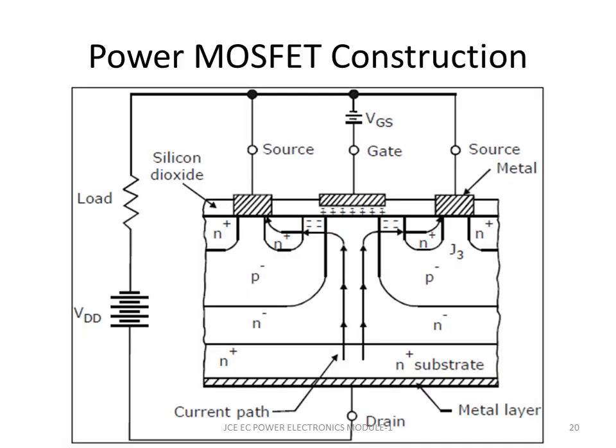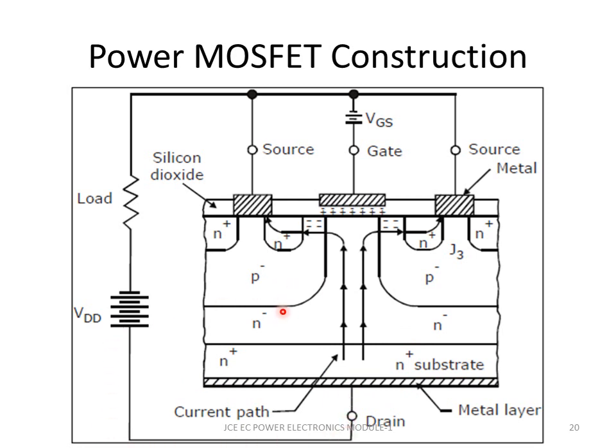So this is basically the power MOSFET construction. What you can see here is the N plus substrate, and on that an epitaxial N minus layer is grown, epitaxial growth, and on the other side we have a metal that is connected, and that forms the drain terminal where VDD gets connected.